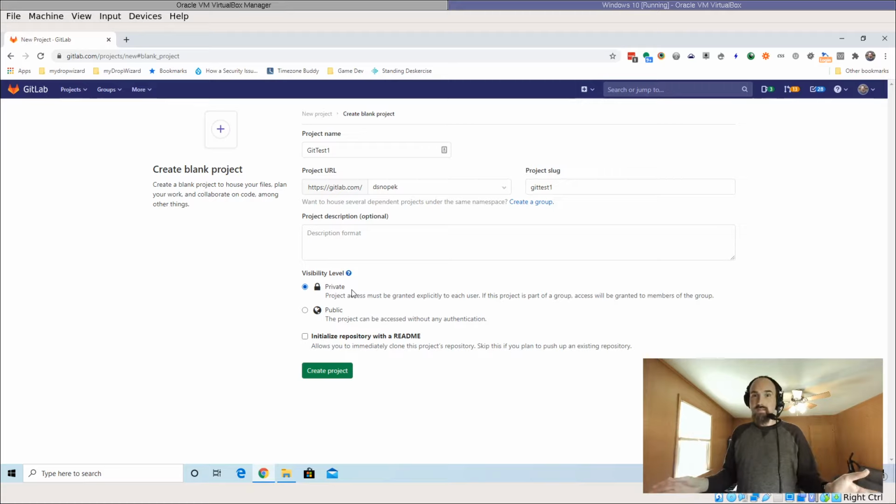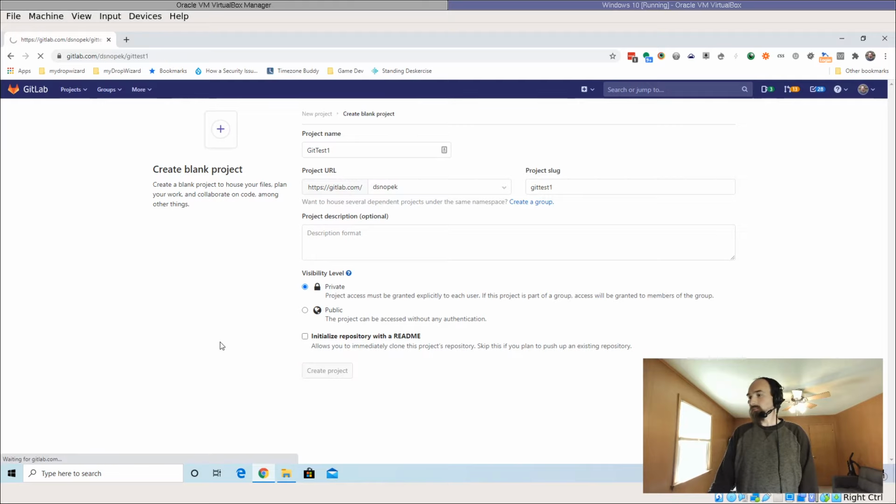So if you don't want your email to be known for some reason, or you don't want spammers to get a hold of it, either put in a different email address configured with Git, or make sure that you only create private projects, because then those commits will only be shared with the people that you invite to the project. So for the purposes of this tutorial, I'm just going to make a private project,